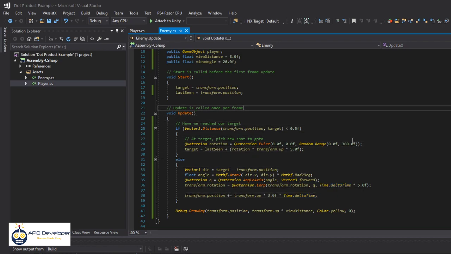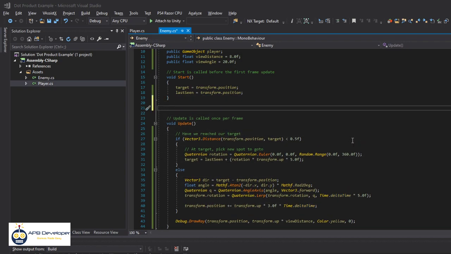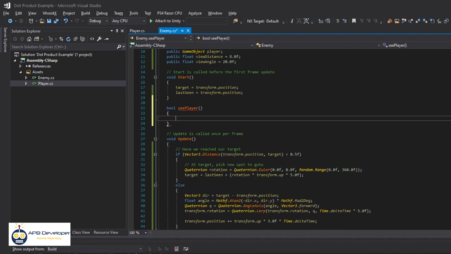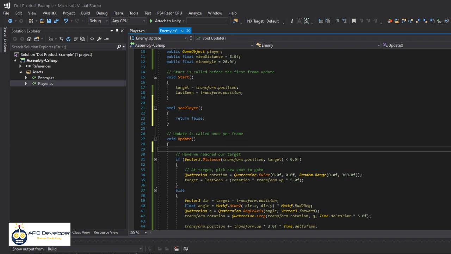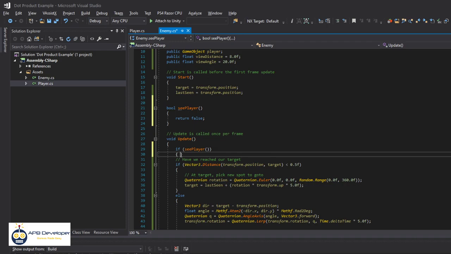Now, because we're trying to show the dot product, what we will do is we will have a little function called cPlayer. Can cPlayer, and this will just say yes or no. So normally, no, we can't. What we'll do here is if cPlayer, if we can see the player,